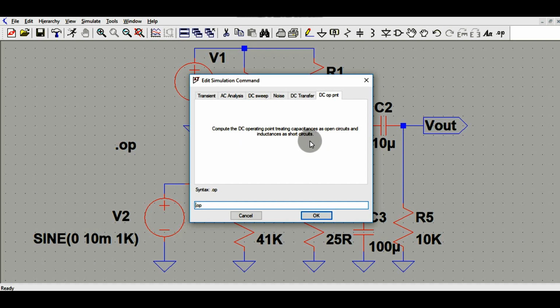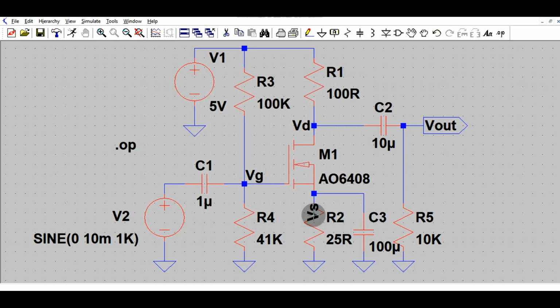So if you run the DC operating point analysis, the circuit treats all the coupling and bypass capacitors as open circuits and all the inductors connected in the circuit as short circuits. Then you click dot operating point, this will appear as dot op, and you click OK.